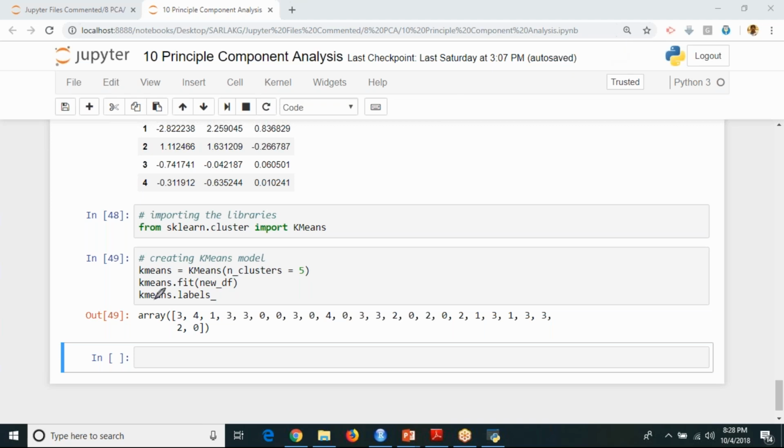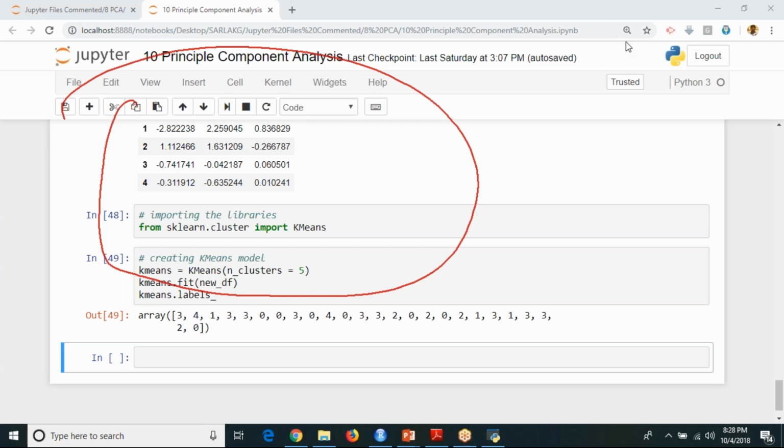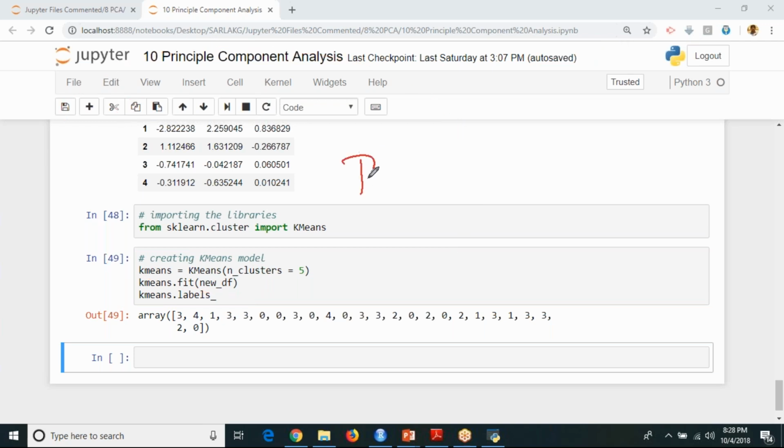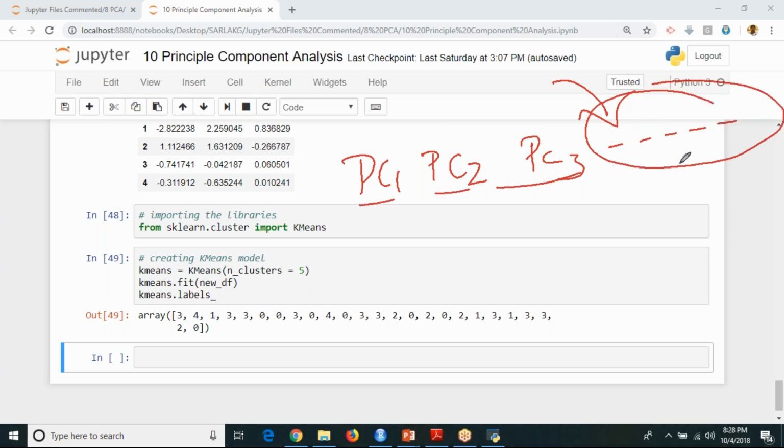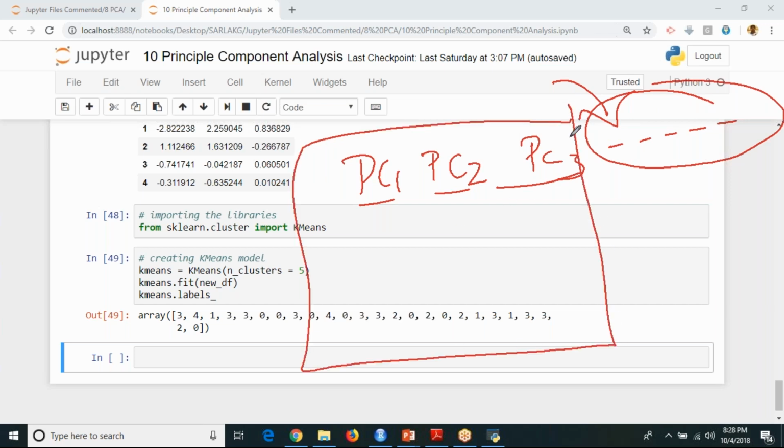Assignment 1. Until this point, I've done it. So tomorrow what you have to do is everything until this point. After this, I want you to combine PC1, PC2, PC3 with your original data set. You should combine these two, and choosing PC1, PC2, PC3, you should implement hierarchical clustering.